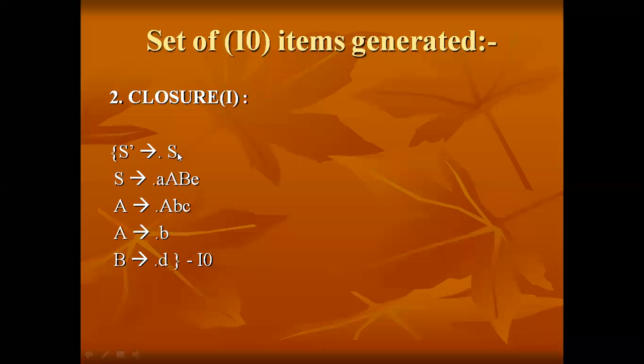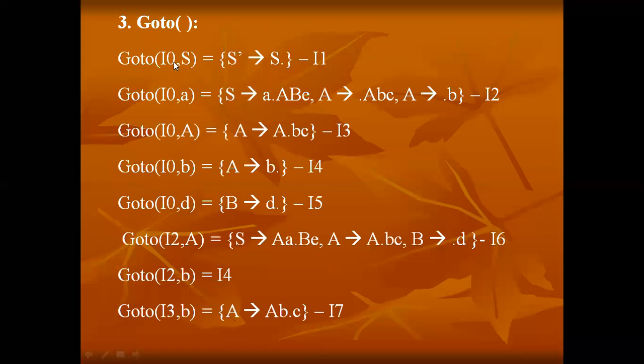And checking from rule number 1, after the dot, what is the variable? Yes. So now I need to compute the goto function with I naught, because this is under the I naught item, I naught comma S. I am checking whether there are any other S variables in the given grammar. That means after the dot, is there any S variable? There are no S variables in the other production rules. So I am taking only this production rule and computing the goto function. How am I calling this? Goto of I naught comma S.